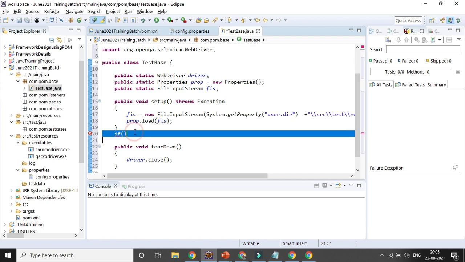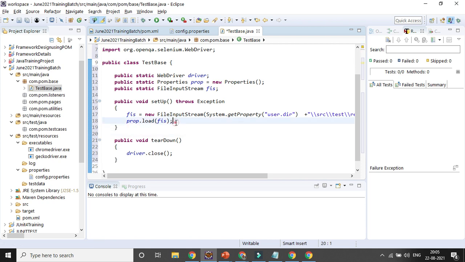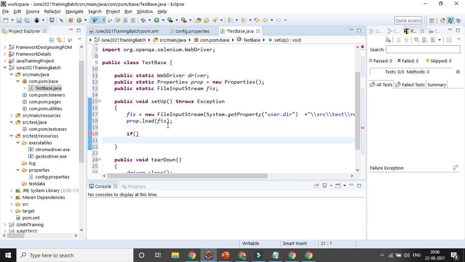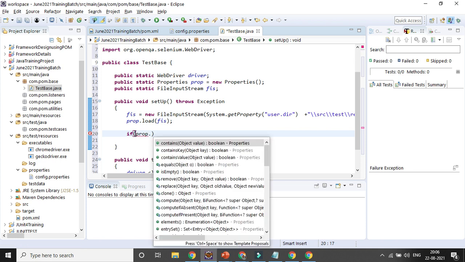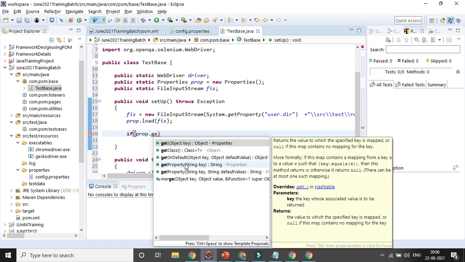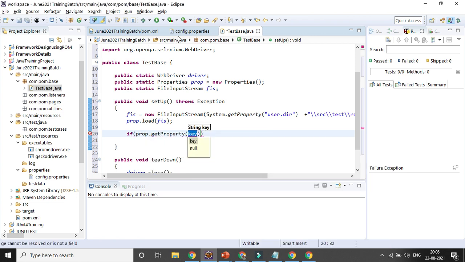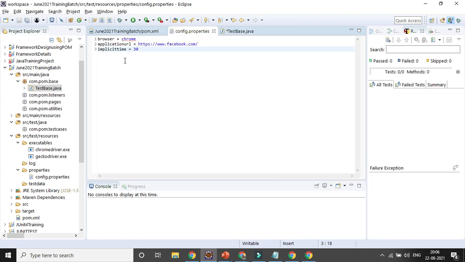Okay, here it will be only Control S. getProperty. What is the property I want to read? What is the key? Suppose the key I want to read is browser.